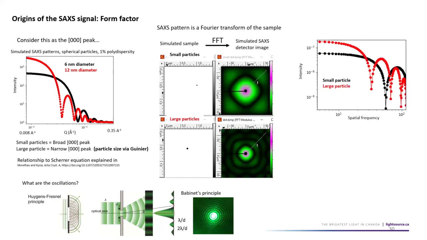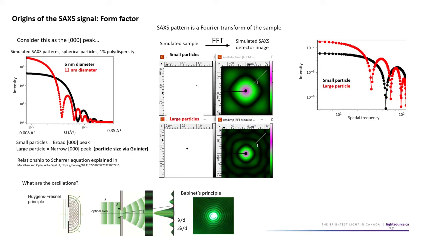So just think of it as a Fourier transform of the sample. I've actually done some little Fourier transforms of some bitmap images I made in Microsoft Paint. But here's a Fourier transform of a small particle, and you get this airy disk, this oscillating function, or for a large particle, you get a tighter, sharper central